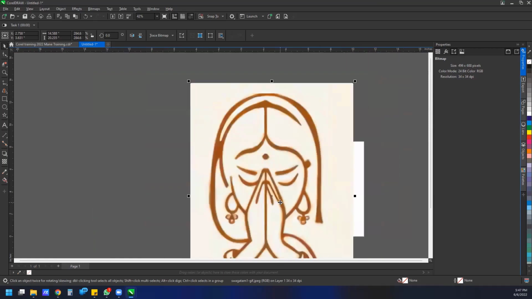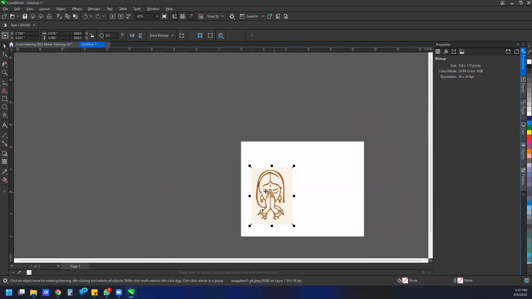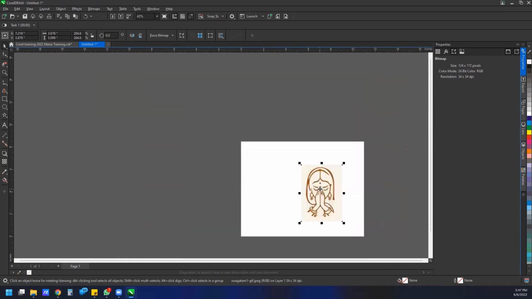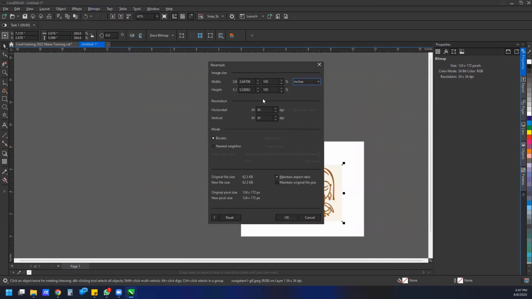Can you see what I did? Let me just make a copy of it. Yeah, let me make a copy and now you can easily compare it. I'm doing it again. Bitmap, Resample. This time I'm making it 500%. Illustration, maximum noise reduction. You can see the size of the image and you can also see the